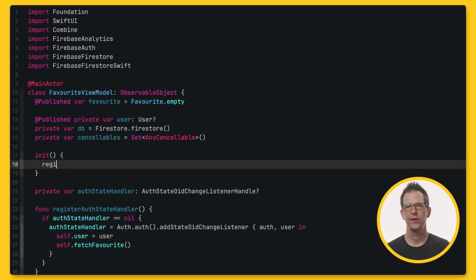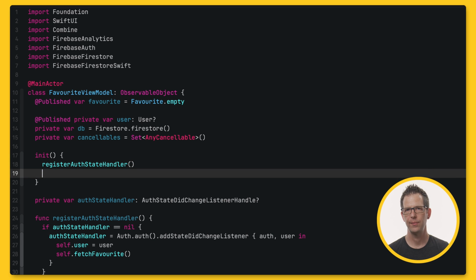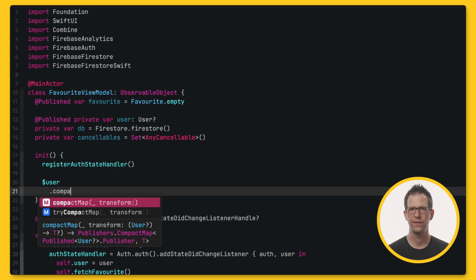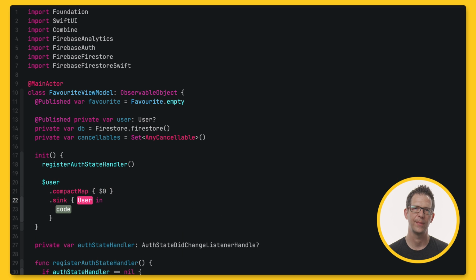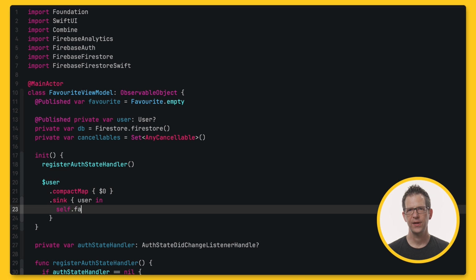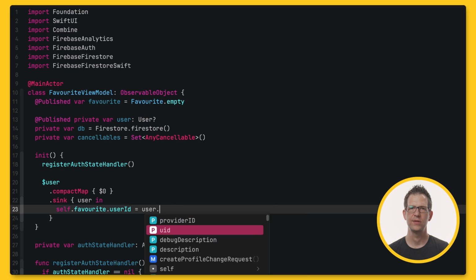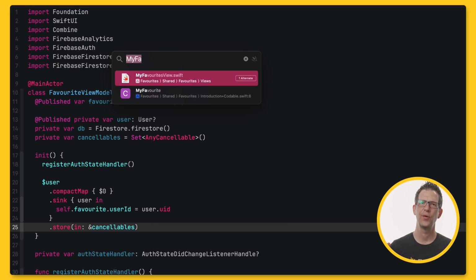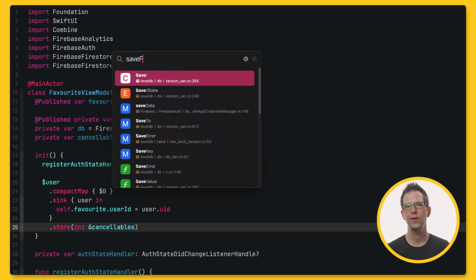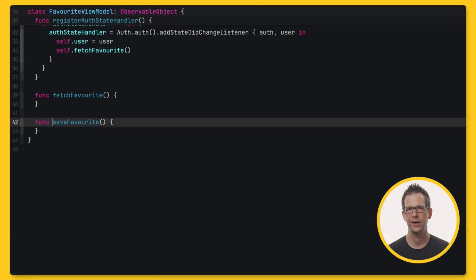After registering the authentication state listener in the initializer, I will also set up a combined pipeline that will assign the UID of the currently signed-in user to the favorite instance that this view model manages. This is an elegant way to make sure that the favorites instance always is connected to the currently signed-in user. Great! So with this in place, I can now go ahead and implement the code for storing the user's favorites